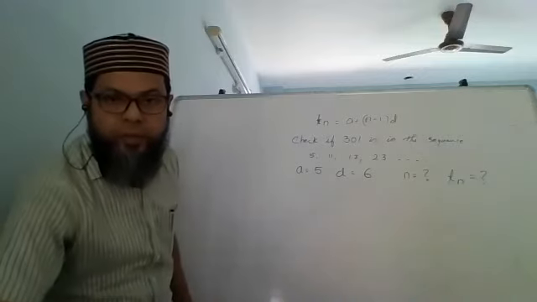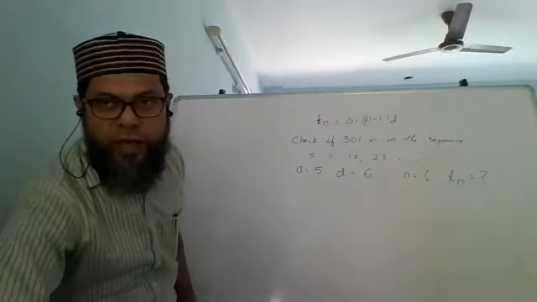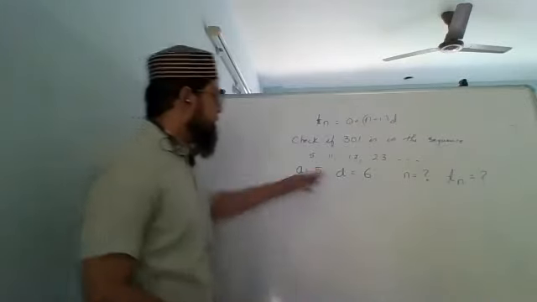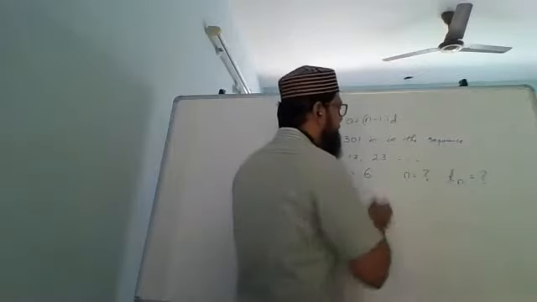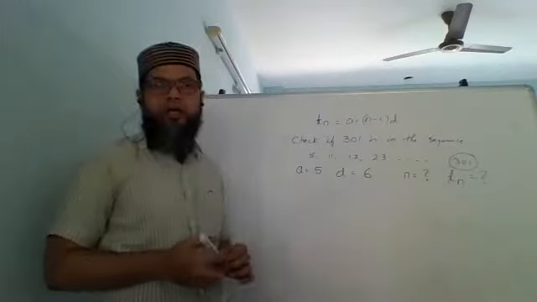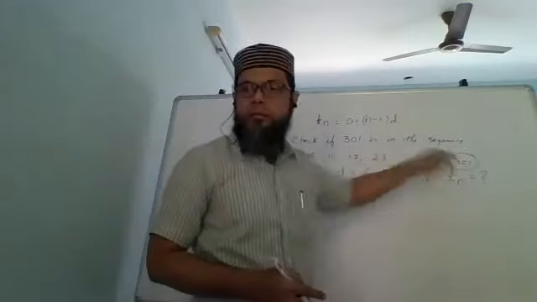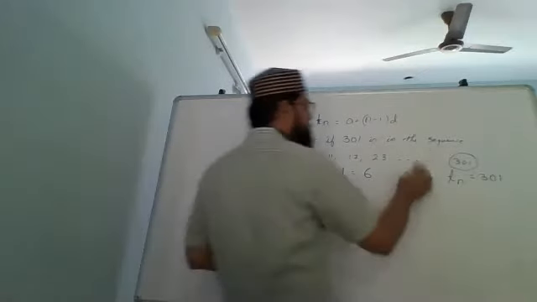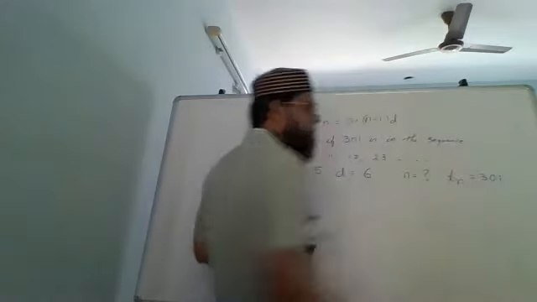What does it say? Whether 301 is part of the sequence or not. That means somewhere here you have to check whether 301 comes or not. If 301 is part of this, then 301 is already a term. कौन सा टर्म है वो पता नहीं है. So we say Tn is given to me. Tn is 301. मुझे ढूंढना है वो कौन सा टर्म है, फिफ्थ टर्म है, 55th टर्म है, 75th टर्म है, कौन सा टर्म है ये मुझे ढूंढना है.